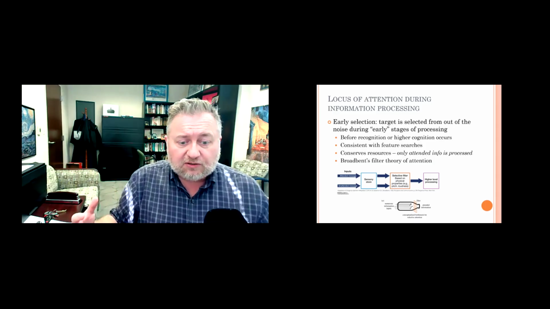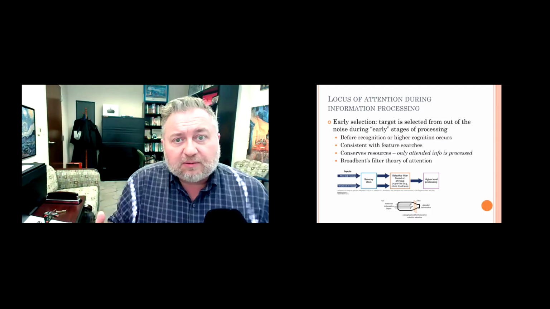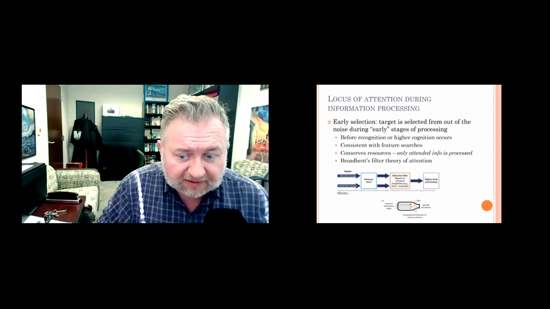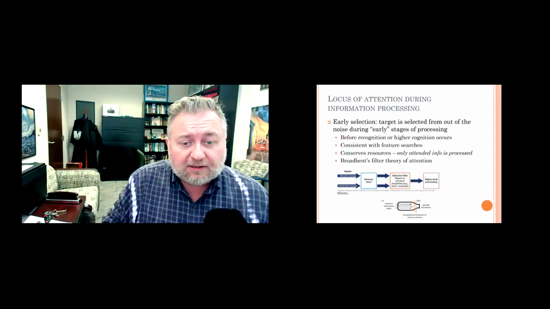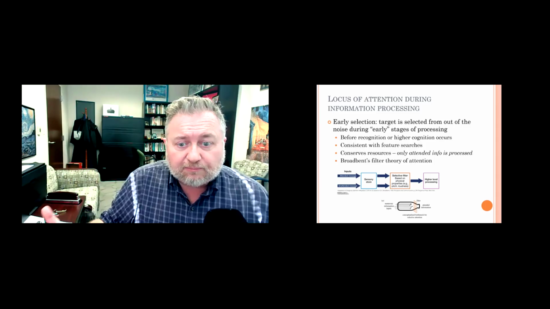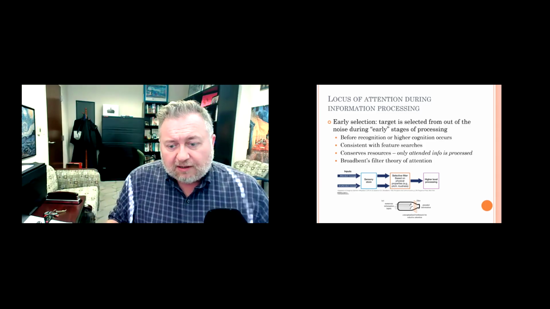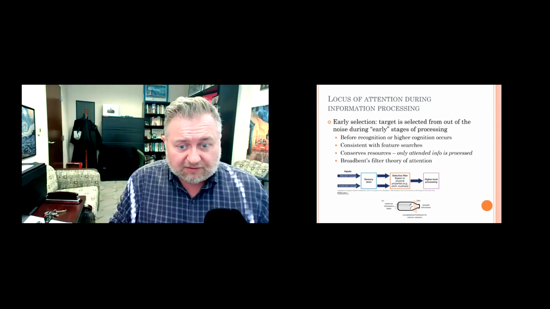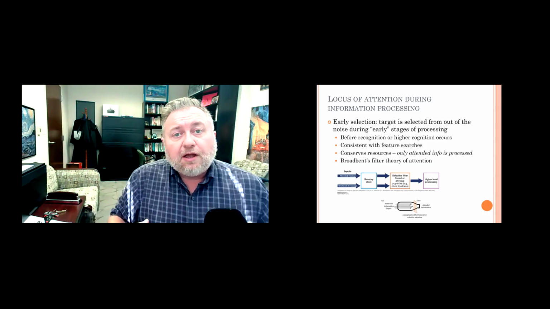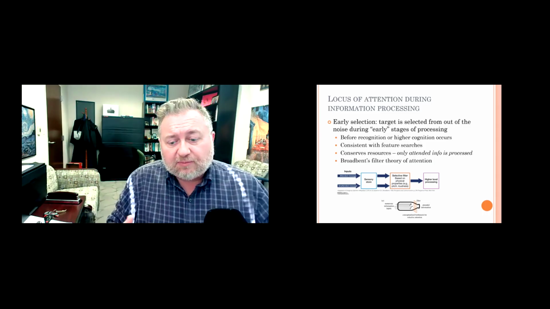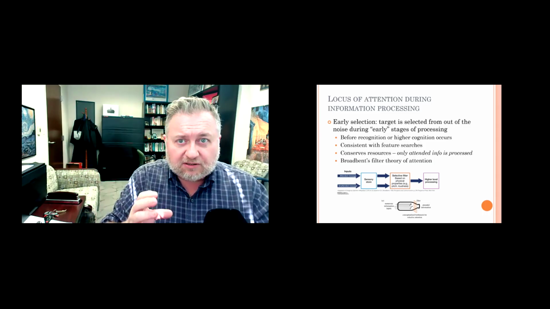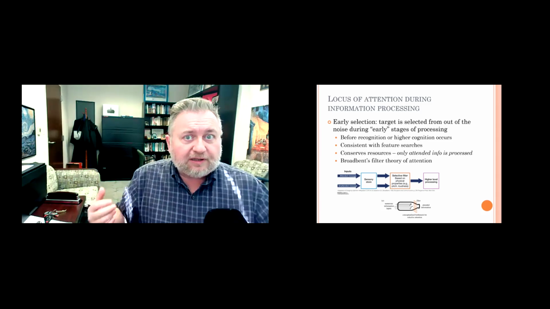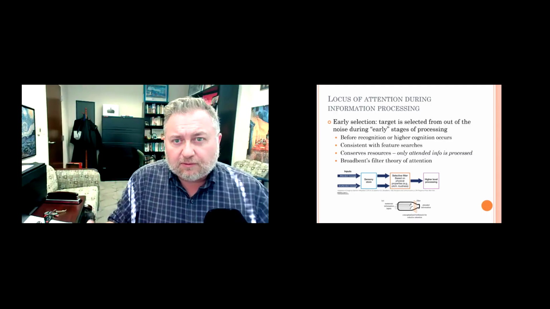All this information comes into our senses, is held in sensory memory for a very brief amount of time. And then as it's passed on to higher level stuff, and this higher level stuff would be things like working memory and decision making and other higher cognitive processes, the idea is that these higher cognitive processes really have limits on how much information they can handle. So what we want to do is create a bottleneck. And the idea of a bottleneck is that we're going to restrict how much information can get that far into the cognitive systems. So that means we're going to start pulling things out and subtracting things out before that happens.